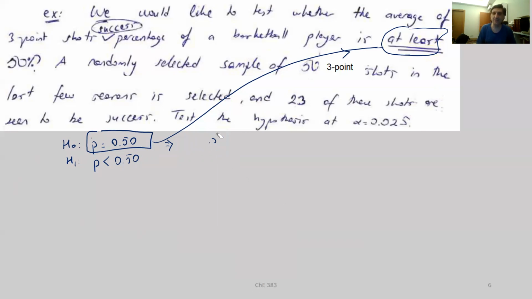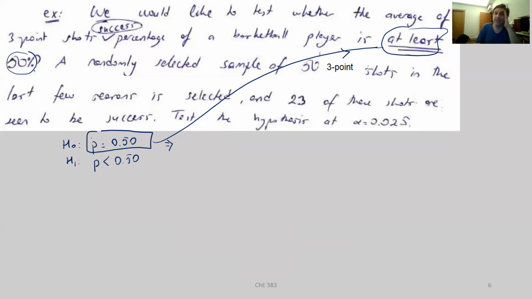But actually, in this question, there is the hidden or inherent hypothesis that P is also maybe greater than 0.50. So this "at least" statement corresponds to this part. You may ask, why did I use the "at least" statement in the null hypothesis? Because "at least" means 50 is included. Although it is not possible for a continuous distribution parameter to be equal to exactly a specific value.